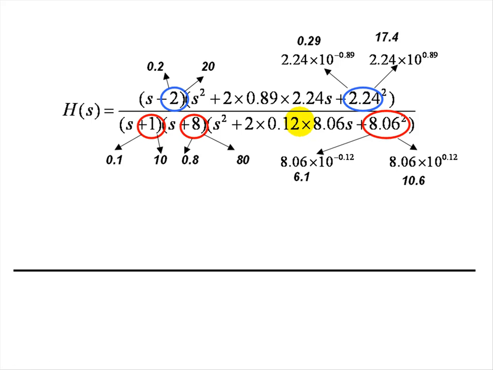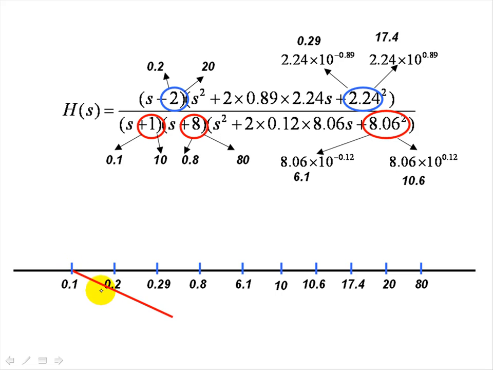Again, we draft a not to scale rough diagram. On this axis, we mark 1 tick per knee, approximately equidistant. Remember, this is not to scale, and assign them to each one of the knee frequencies in the proper order. Now, the pole at 1 contributes with 2 slopes, one descending at 0.1 and the other ascending at 10 radians